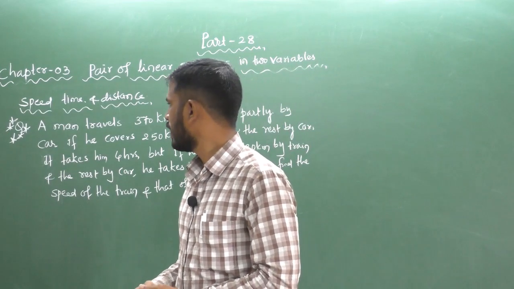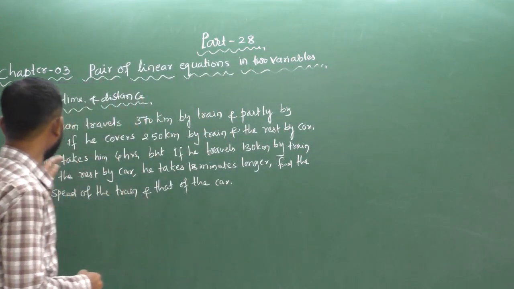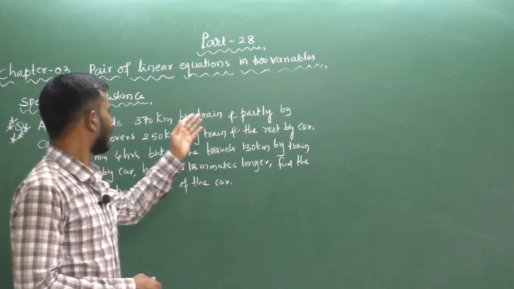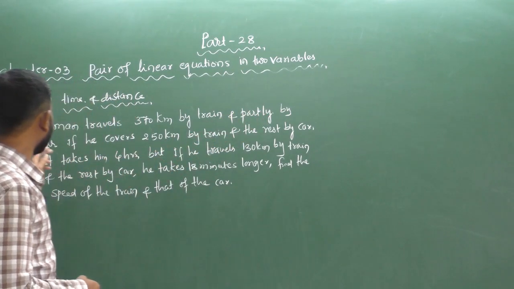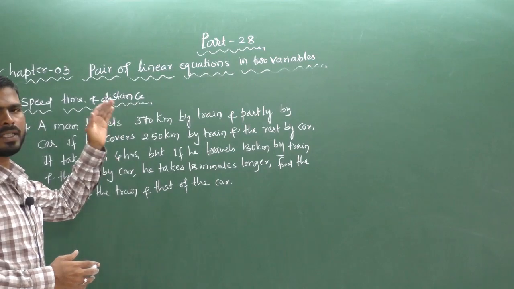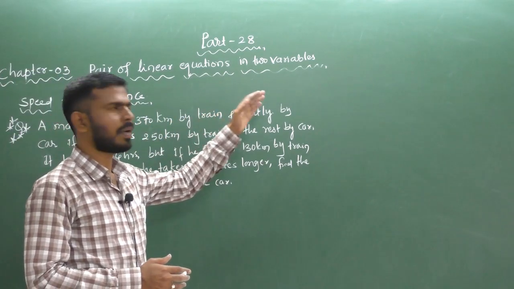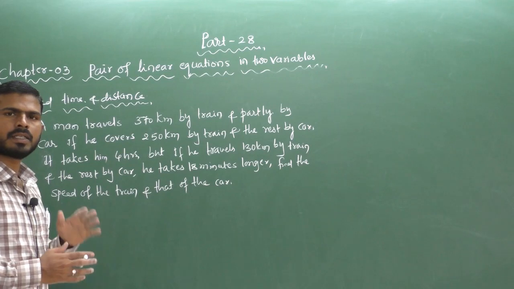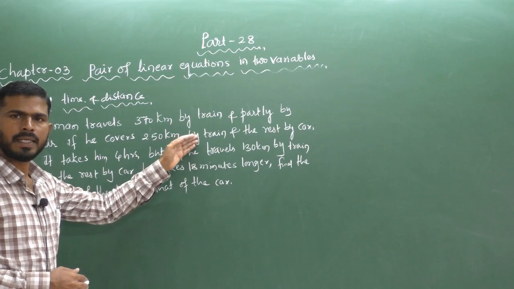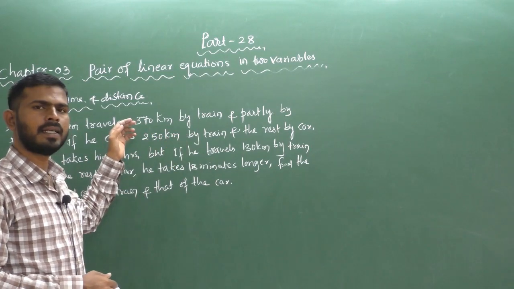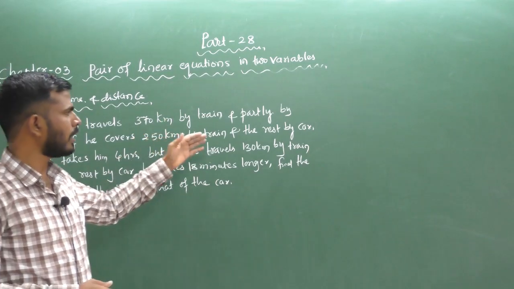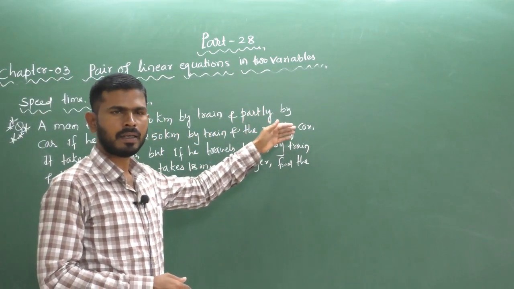So let us discuss. The question given here is: a man travels 370 km partly by train and partly by car. Suppose a man travels 370 km partly by train and partly by car. This is the information, and the first condition is given. If he covers 250 km by train, out of 370, and the remaining 120 km he travels by car,